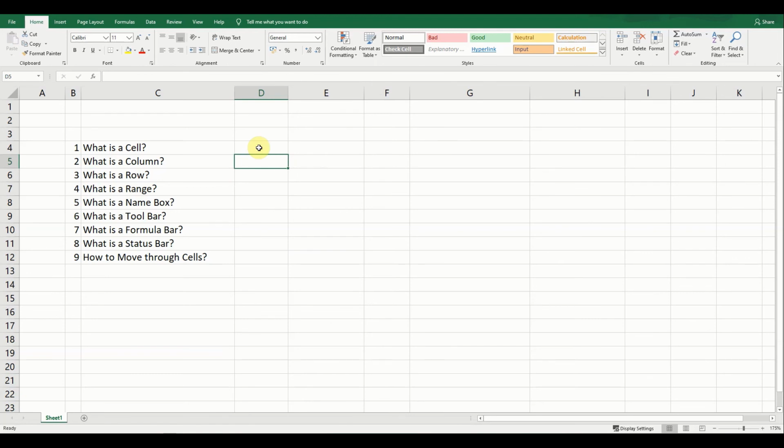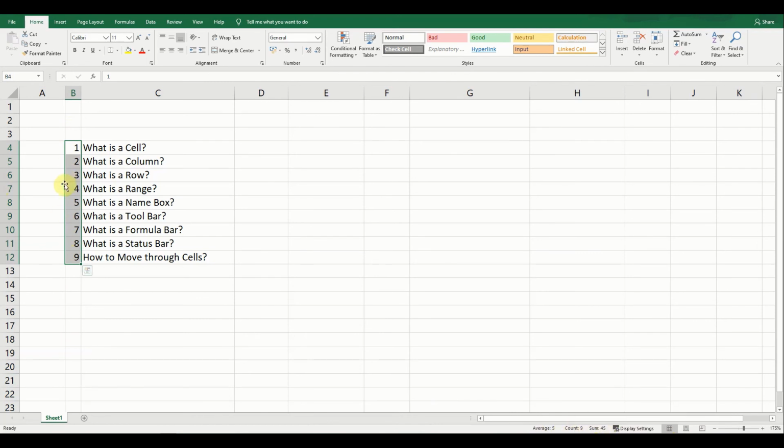Okay, next is point number 8. What is a status bar? Status bar is basically this. You can see over here it's written Ready and your display setting. So this is a status bar. Normally it is blank until you select a range. So if I select all these numbers together, it will give you over here an average, count and sum.